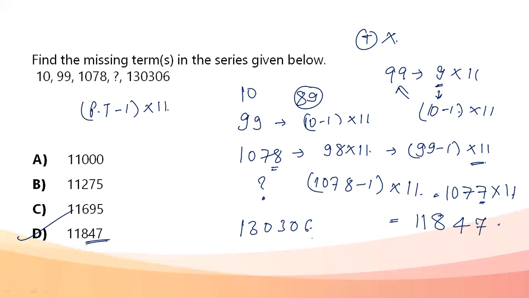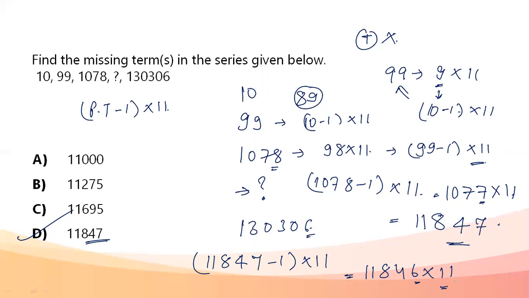The next term is obviously obtained with respect to this question mark only, with respect to this 11847 only. So if I follow the same pattern, if I do (11847 minus 1) into 11, this is 11846 into 11. Unit place has to be 6. Okay, 6 is obtained. When I do the multiplication, it's 130306 only. So my pattern is followed. Pattern was (previous term minus 1) into 11. Following the same way, answer comes out to be option